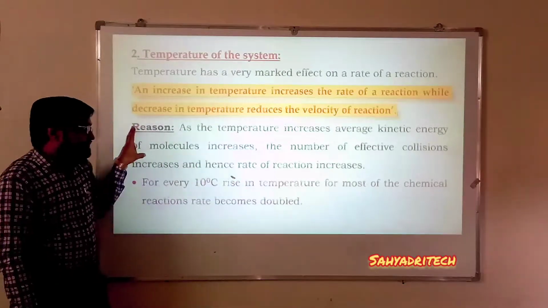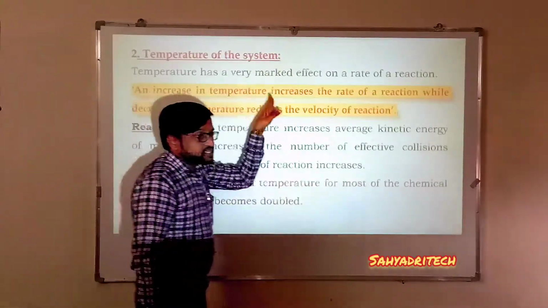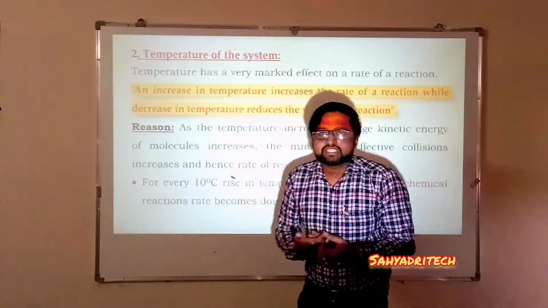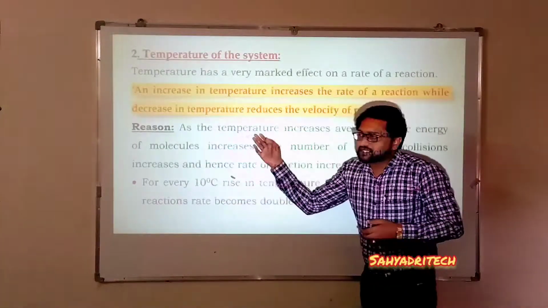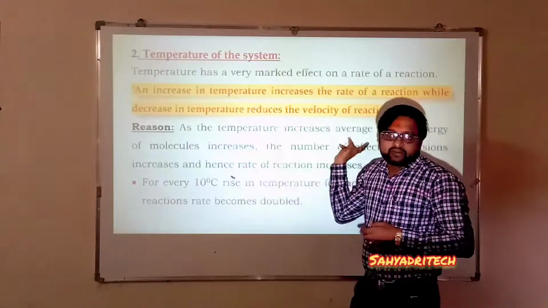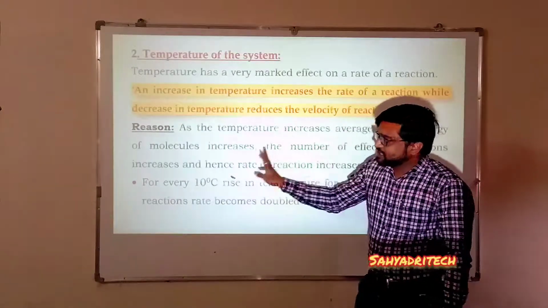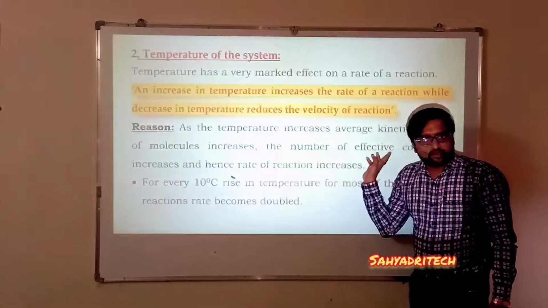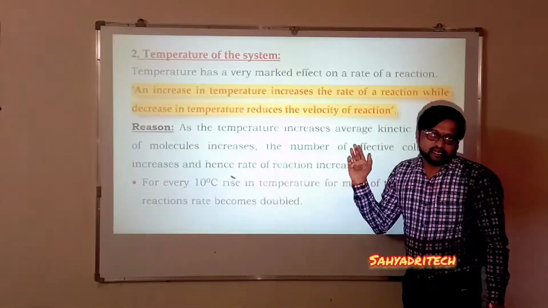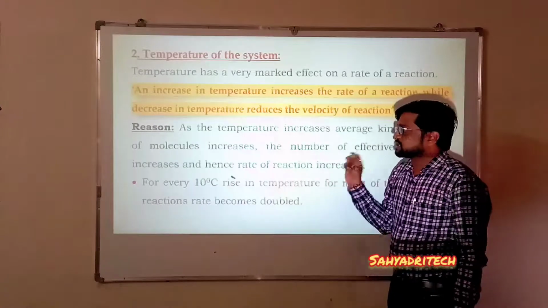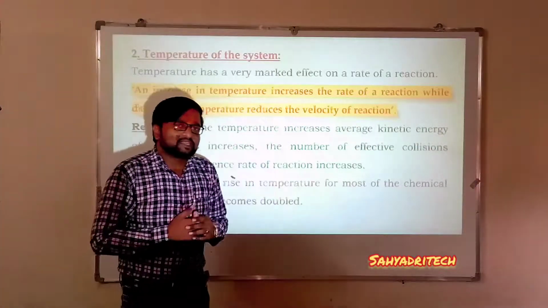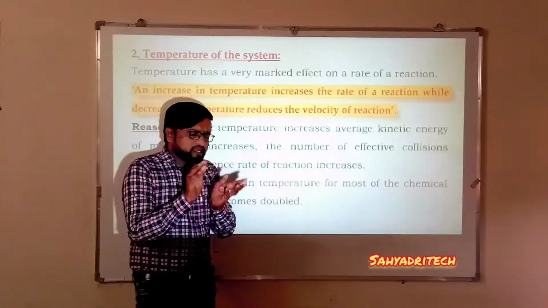So, due to this reason, an increase in temperature increases the rate of a reaction. So, what is the reason we have to quote here? As temperature increases, the average kinetic energy of reactant molecules increases and the number of effective collisions increases, hence the rate of a reaction also increases. As a rough rule, for every 10-degree rise in temperature,